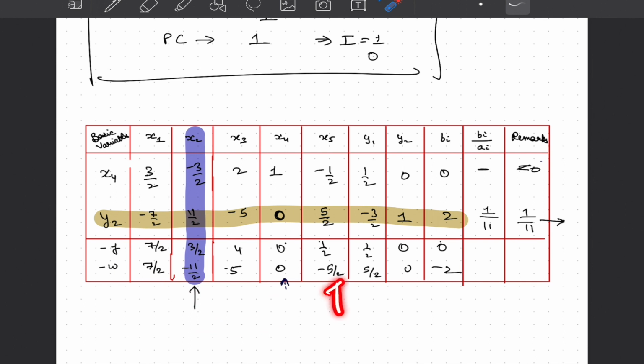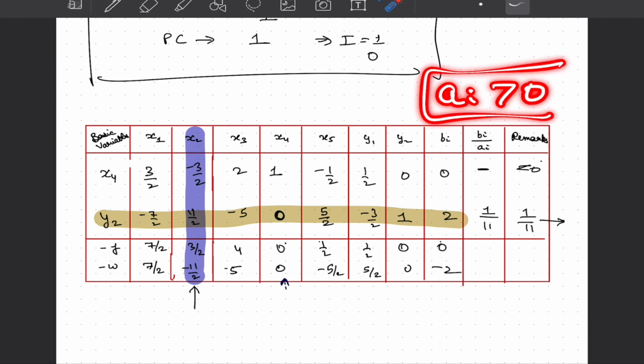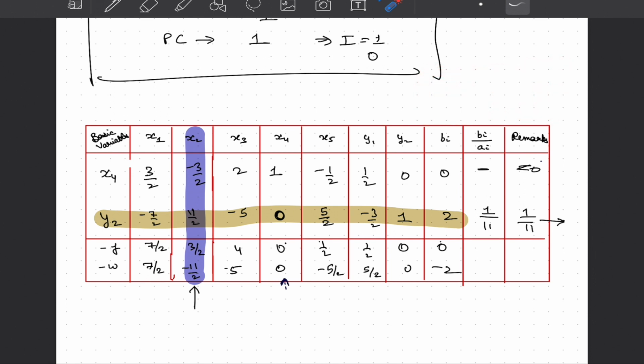At this place we have a coefficient of minus 2.5. So it is very clear that x2 should enter, and once x2 enters, we again calculate the ratios. Here bi was 0. 0 divided by a negative quantity is not allowed, because we said that ai has to be greater than 0. Since ai is less than 0, we will not calculate this value and say that this is not defined. And hence we are only left with one choice of exit variable, which happens to be y2.